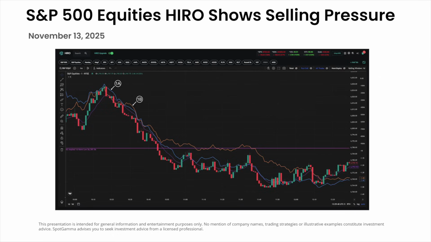Around 10:15 a.m., options traders reversed their positions and began buying puts and selling calls, shown by labels 1A and 1B respectively in the HIRO chart. When traders buy puts and sell calls, market makers take the opposite side of the trades and sell puts and buy calls. Since market makers want to remain delta neutral, they had to sell stock and ES futures to hedge